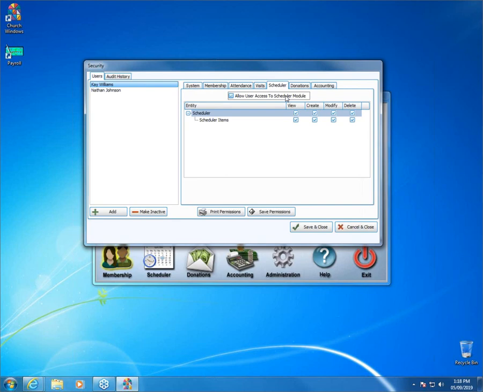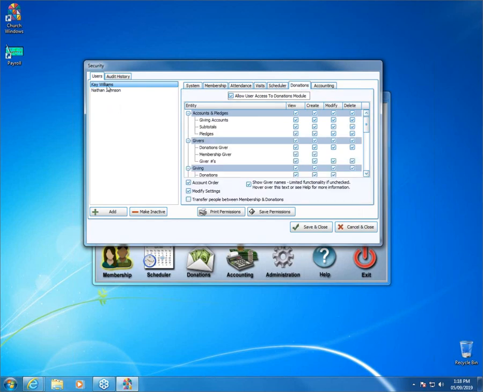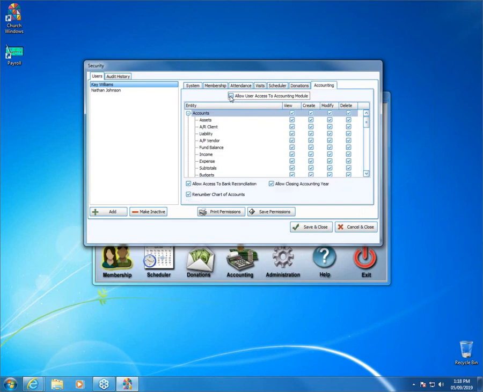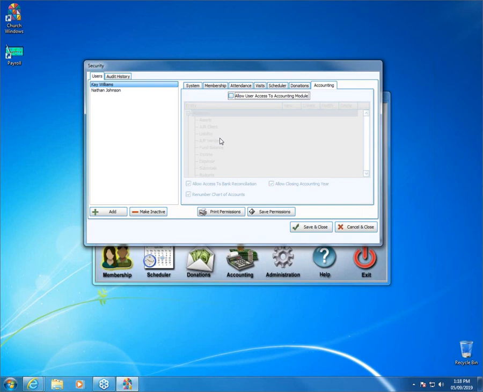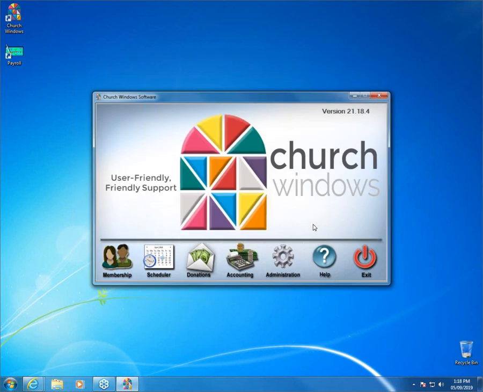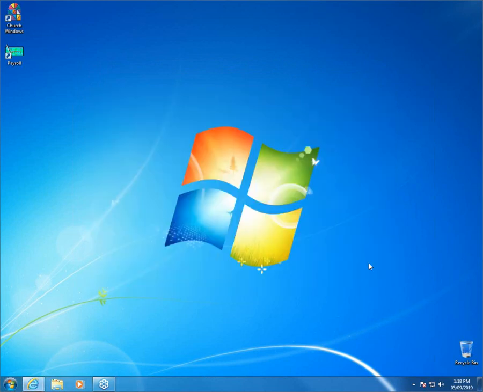Settings for these individual modules and how you're going to set this up. So I'm going to show you an example of how this can end up looking. I'm going to allow Kay here to have full access to the donations module. I'm going to come over here to accounting, and I'm going to remove access to this portion. When I save and close here and exit the program,